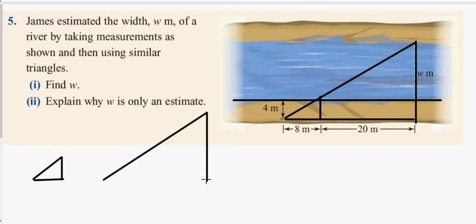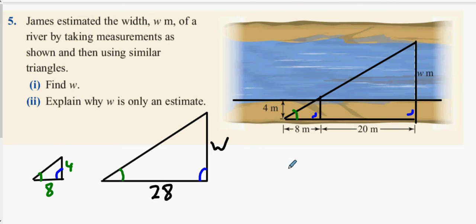Oh, and what we're going to say is that the smaller triangle has height 4 and length 8. They have a common angle, the green angle. We're assuming both triangles have 90 degrees. So this means they're both similar. And then we have W here,